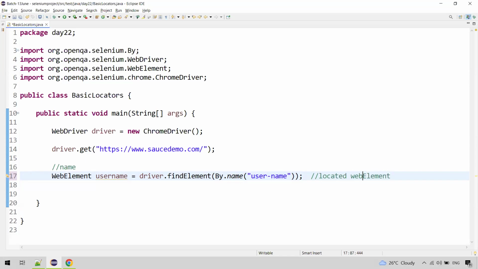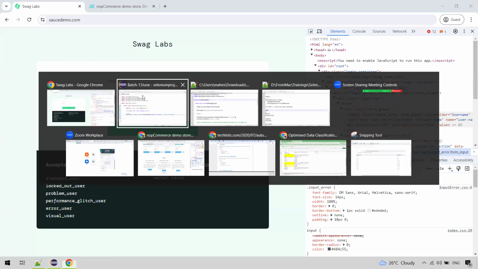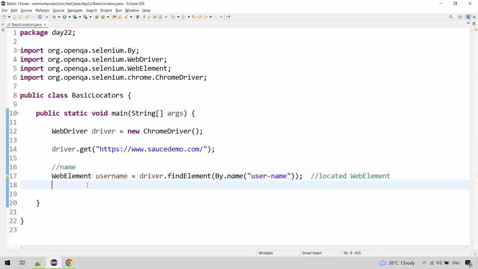So what action can we take on an input field or a text field? We can enter some text into it. So how do we enter text into the username input field? We located this web element, so this entire part is represented by the variable username now. This variable username, dot,